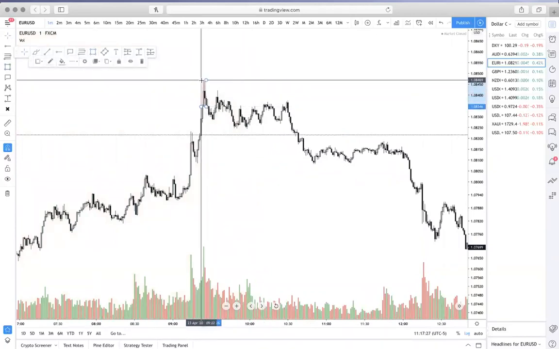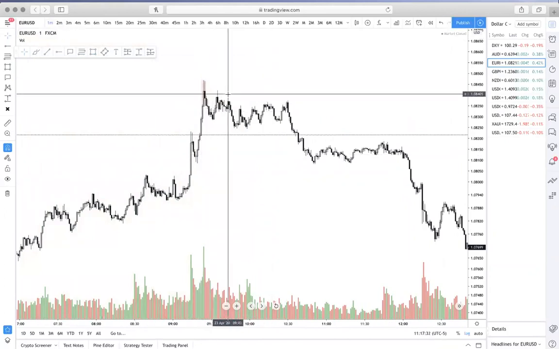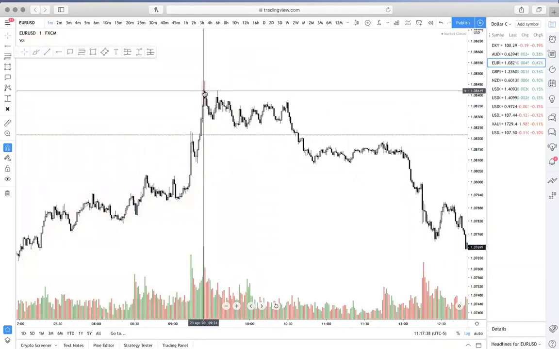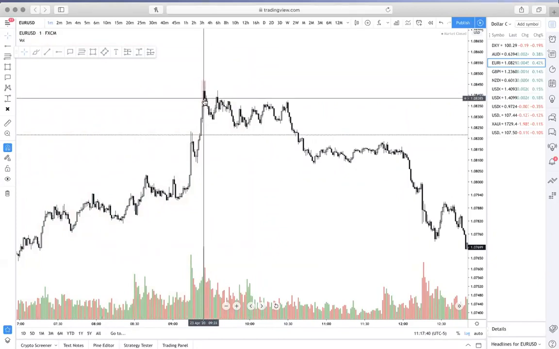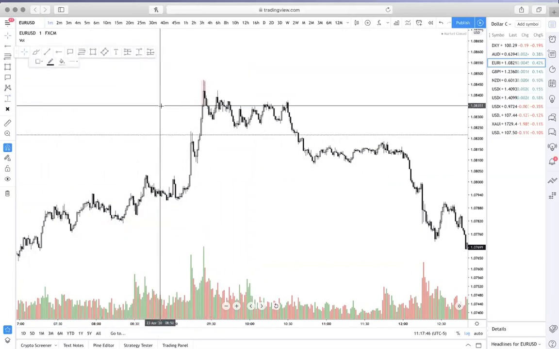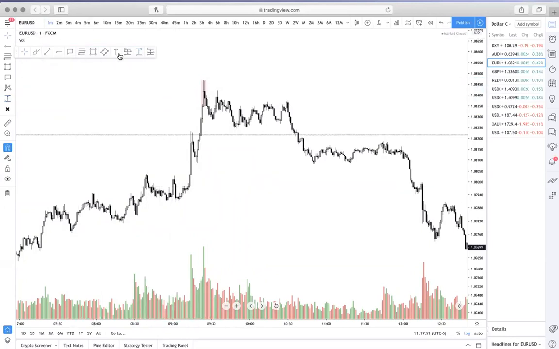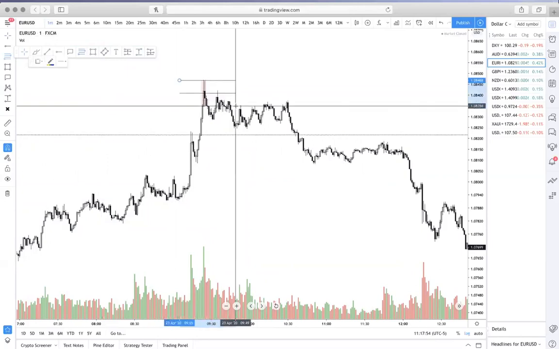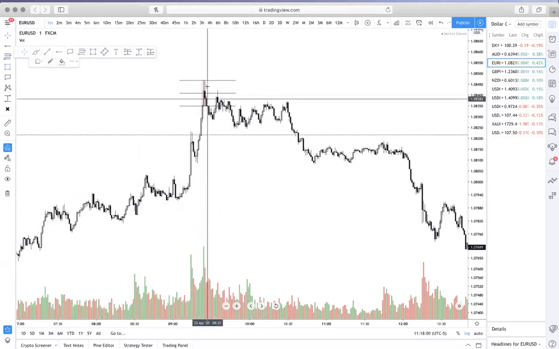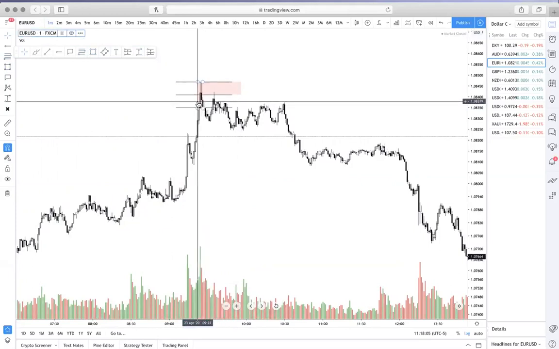right? Technically, that could be considered an SC, but we're already in M1, and if you don't have access to your seconds timeframes, in the perspective of trying to figure out where the SC is, you can't really assume that it's just this whole body here, so you just assume the whole candle, right? And even though that's the case, it's still relatively small, right? It's a 12 pip candle, and when you obviously split it in half, it becomes 6,